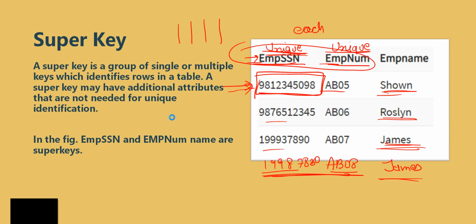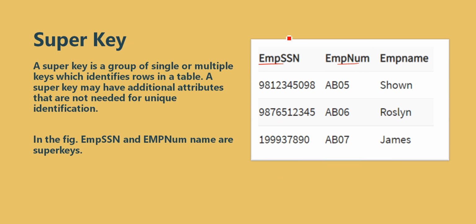So we have different options to select one of them as a primary key. We haven't discussed the primary key yet, but a little bit: a primary key is basically used to uniquely identify. In a single table, we have different options to select as a primary key, and it depends on us which key we are going to select. I can select this one or this one, or the combination of two. So these keys are termed super keys because any one of them can be selected as a primary key.